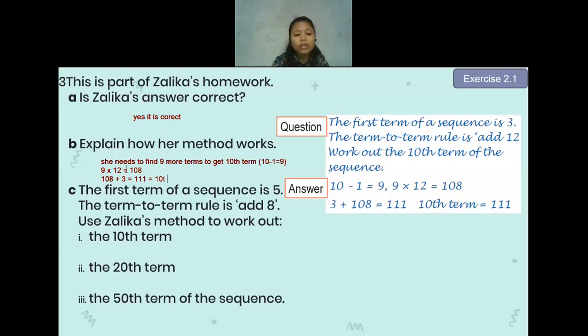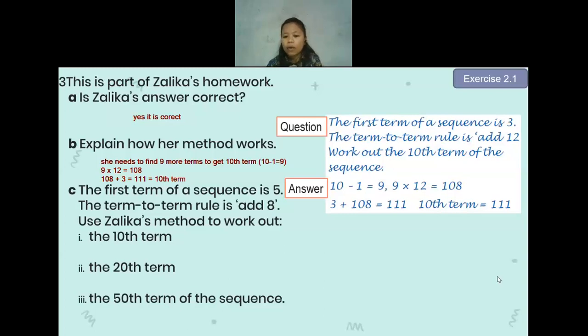Is there anyone who has a question? If you have any question, please let me know through the chat. Type anything that you think is still confusing for you. And if it is possible, maybe you can mute yourself first. Later, if you have any question, you can unmute yourself and talk to me to ask, or you can type it through the chat, so the voice will not be noisy.